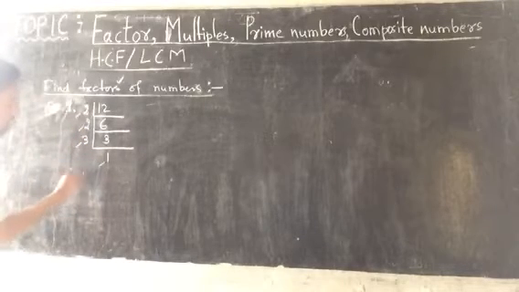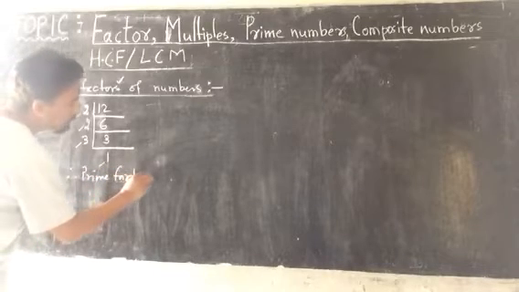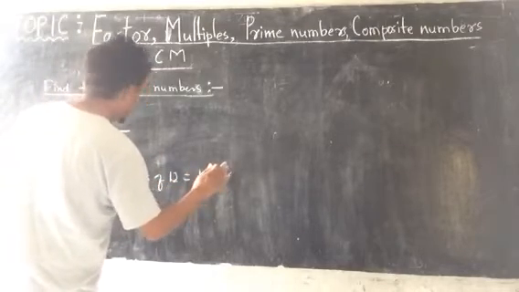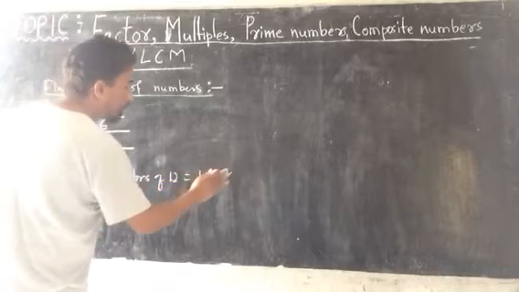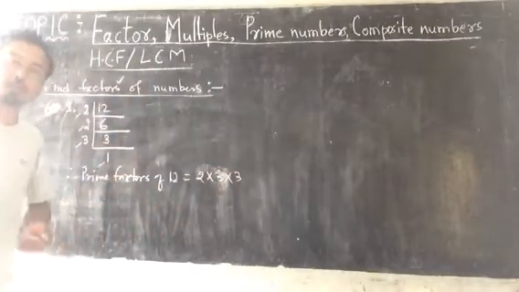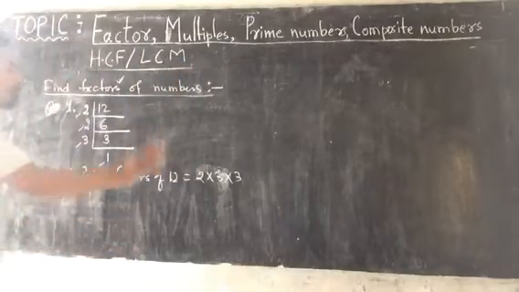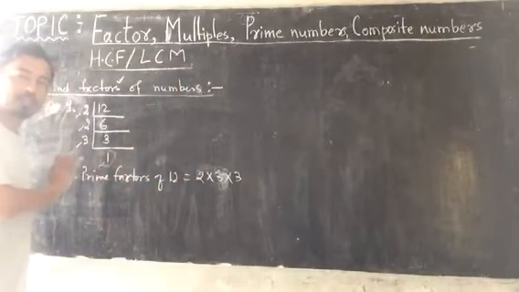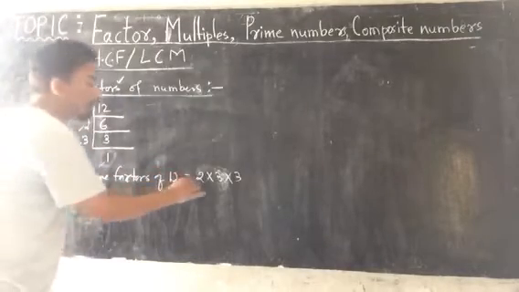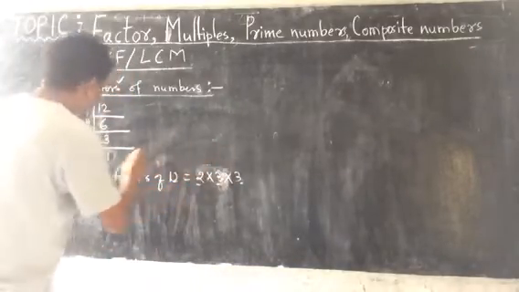So you can write, therefore, prime factors of 12 is 1 multiply 2 multiply 3 multiply 3. You can start from 1, or write 1 at the last, no problem. You don't need to write 1 because 1 is a factor of all numbers. 1 is a factor but is not a prime factor. So you have to write only the prime factors: 2 multiply 3 multiply 3. These are the prime factors of 12.